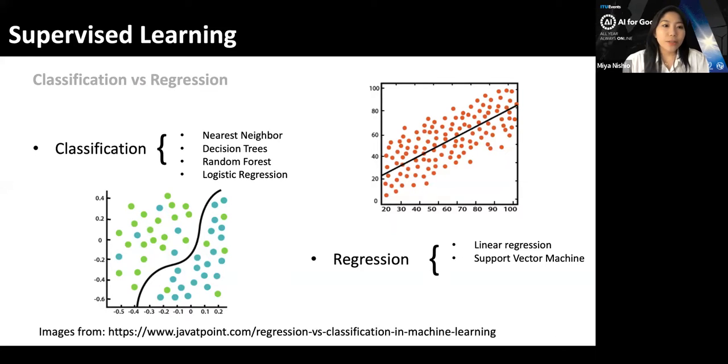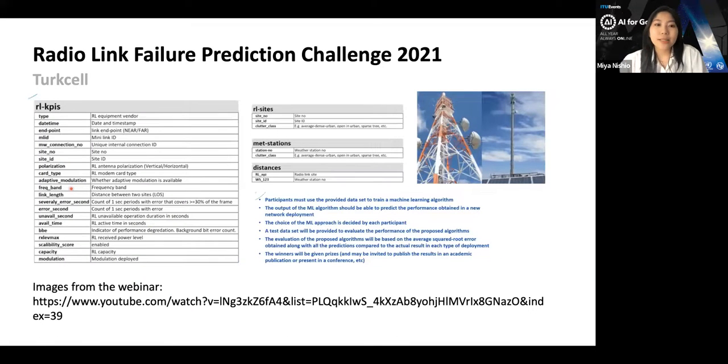So I'm going to be introducing the data set that we'll be using today. This is the data set from the 2021 radio link failure challenge from Turkcell. In this challenge, we're dealing with radio links. In certain regions, we still use radio links to connect multiple sites together. These radio links are susceptible to various weather-related phenomena. So the problem statement was all about using weather-related data to guess whether the radio links would fail or be okay. However, because the data set is incredibly large, today we'll just be using the KPIs from the radio links. So these are the basic metrics that we'll be seeing today.